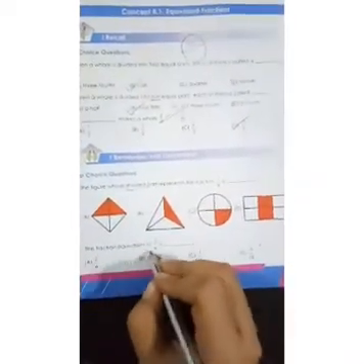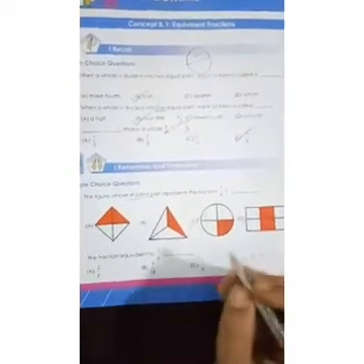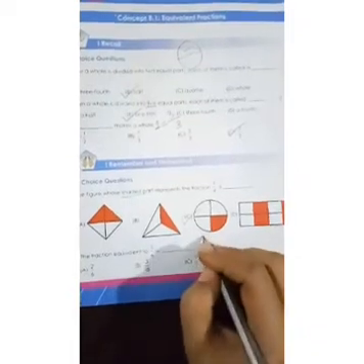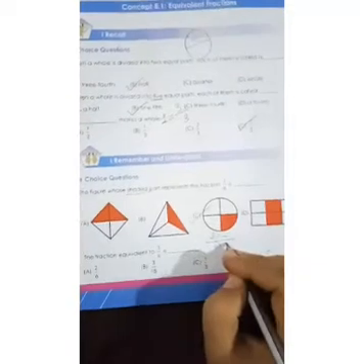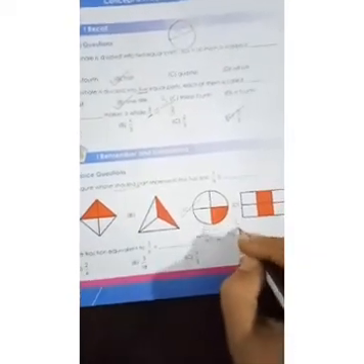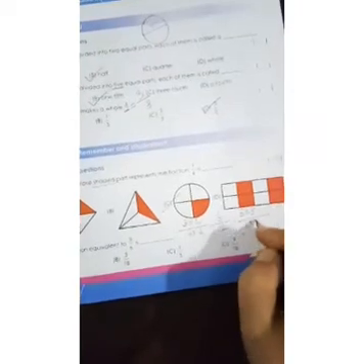The fraction equivalent to 3 by 6 is dash. Now we have to find the fraction that is equivalent to 3 by 6. Let us find one by one. Let us multiply both the denominator as well as the numerator with 2. So when we multiply with 2, 3 into 2 is 6, 6 into 2 is 12. Let us start again with 3, 3 into 3, 6 into 3. So what do we get? 3 into 3 is 9, 6 threes are 18. So what is the answer? The answer is D. Let us go to the next question.